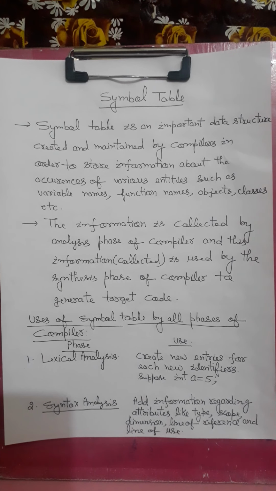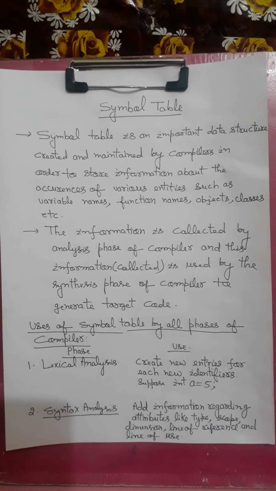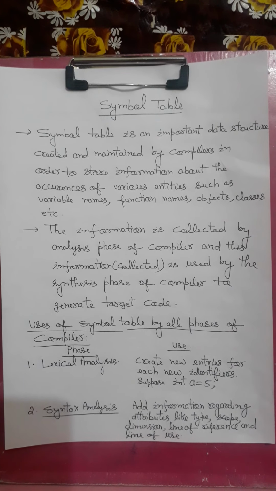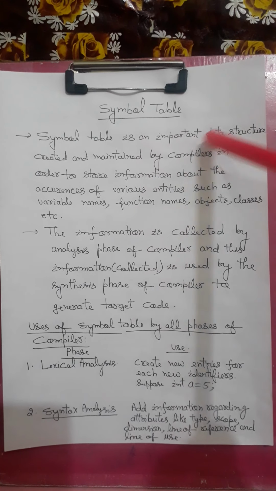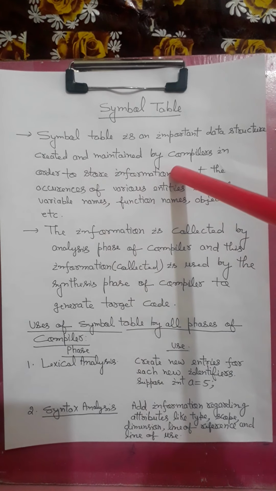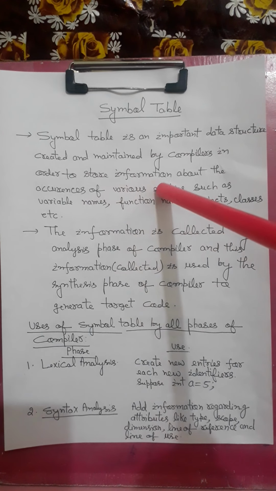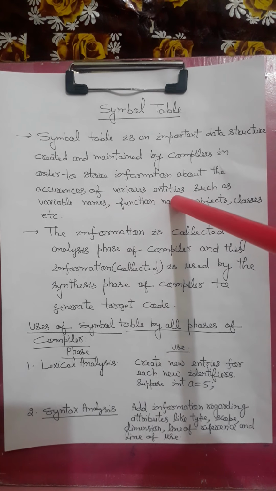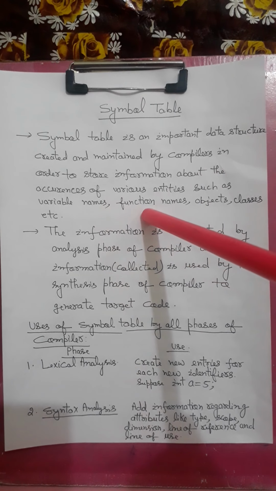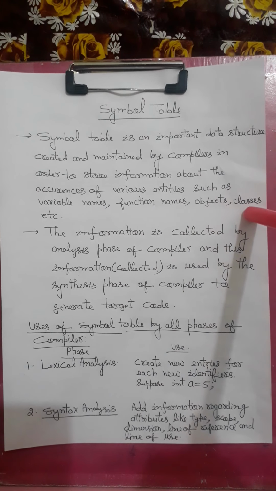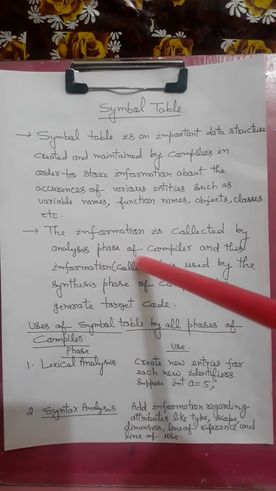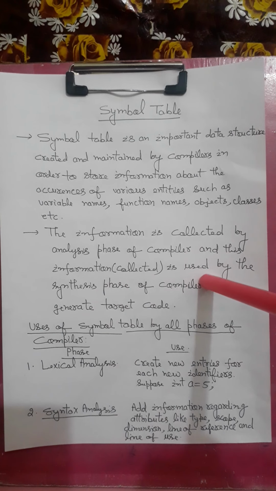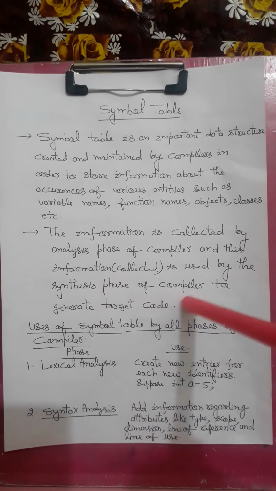In this lecture, I am going to discuss the symbol table. Basically, first we have to understand what the symbol table is, what the use of the symbol table is, and how it is created. The symbol table is an important data structure created and maintained by compilers in order to store information about the occurrences of various entities such as variable names, function names, objects, classes, etc. The information is collected by the analysis phase of the compiler, and this information is used by the synthesis phase of the compiler